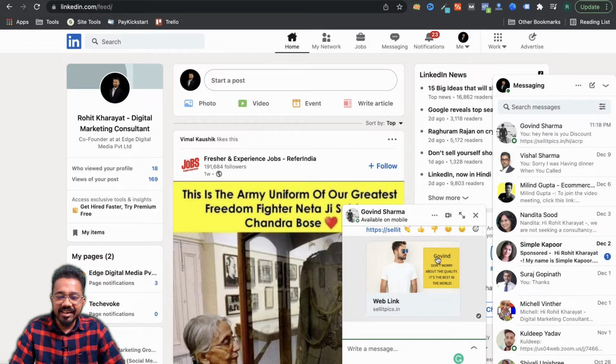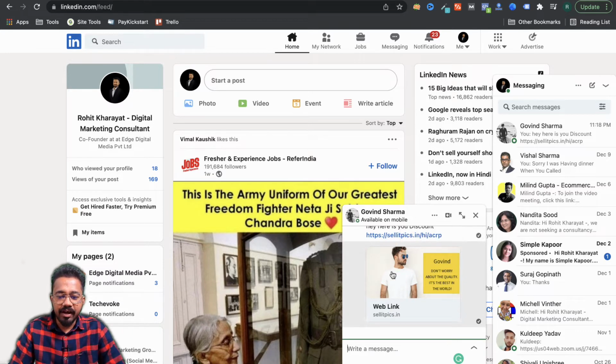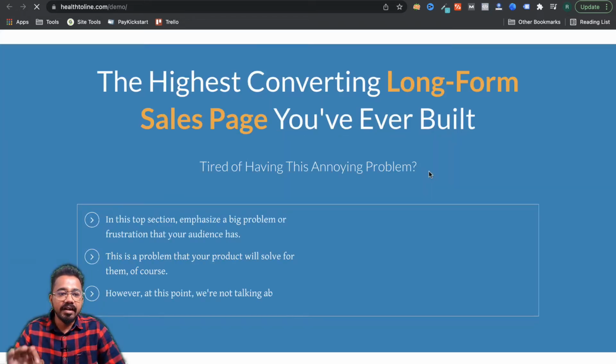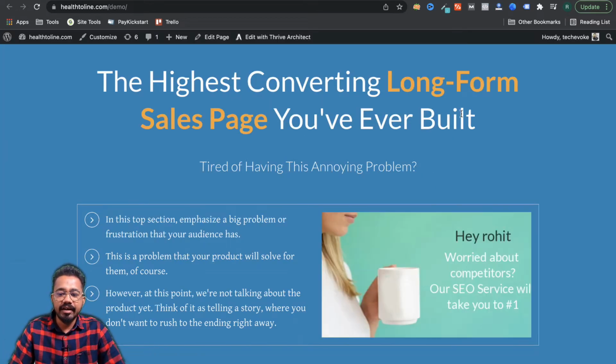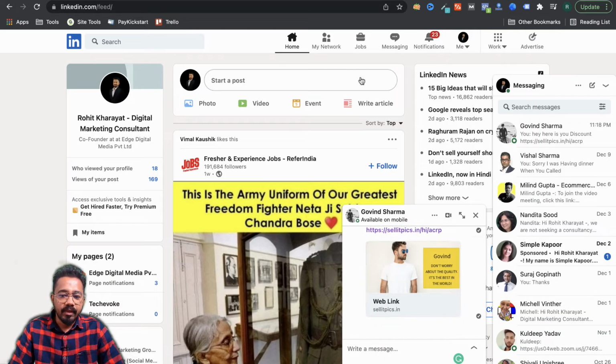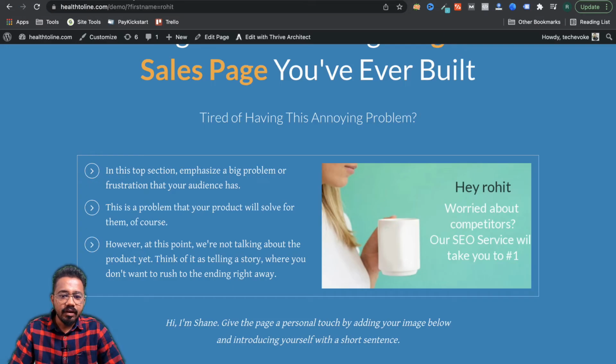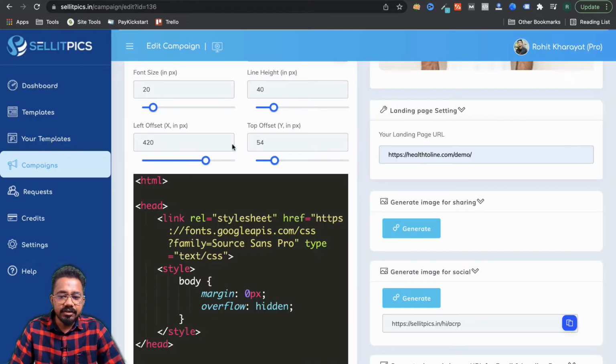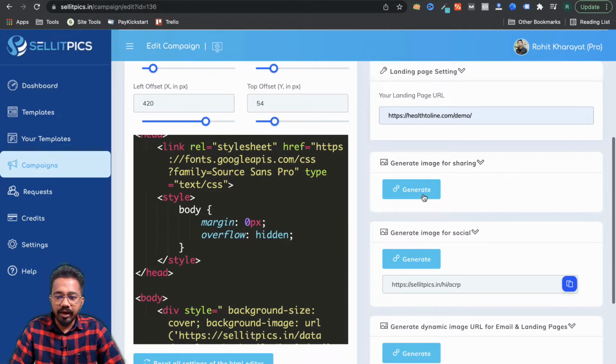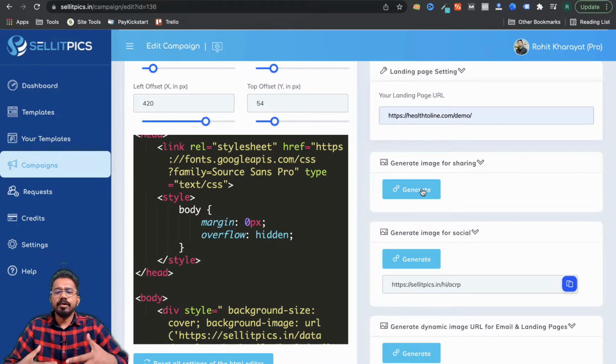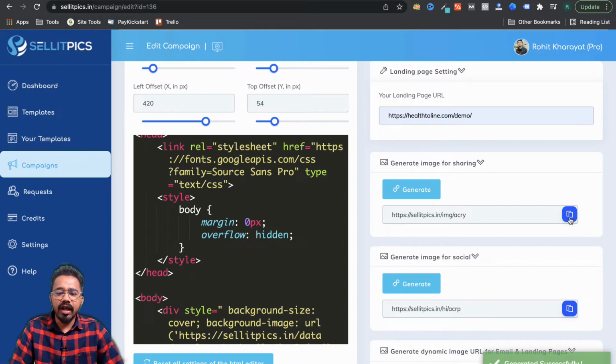As you can see, here is the Govin name on that image, right? And if I click on this link, it will directly redirect to the landing page. So you can do this, and what really happens here, if I go to share, for example, if you want to generate an image for sharing, you can directly copy it here and share it.